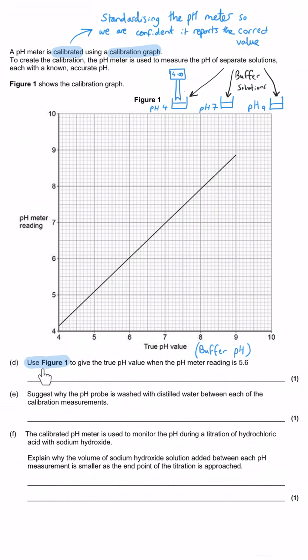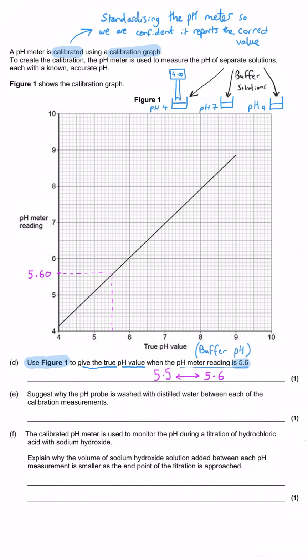We've been asked to use figure 1 to give the true pH, that's the x-axis value, when the pH meter reading, the y-axis value, is 5.6. So we need to read up the y-axis, find 5.6, so that's just here. Then we construct a line along to here, and then we read down to the x-axis, and we get 5.5. You'd typically be allowed to be half a square out. I think if you're going to be out, you're going to be slightly above 5.5, so you'd probably be allowed